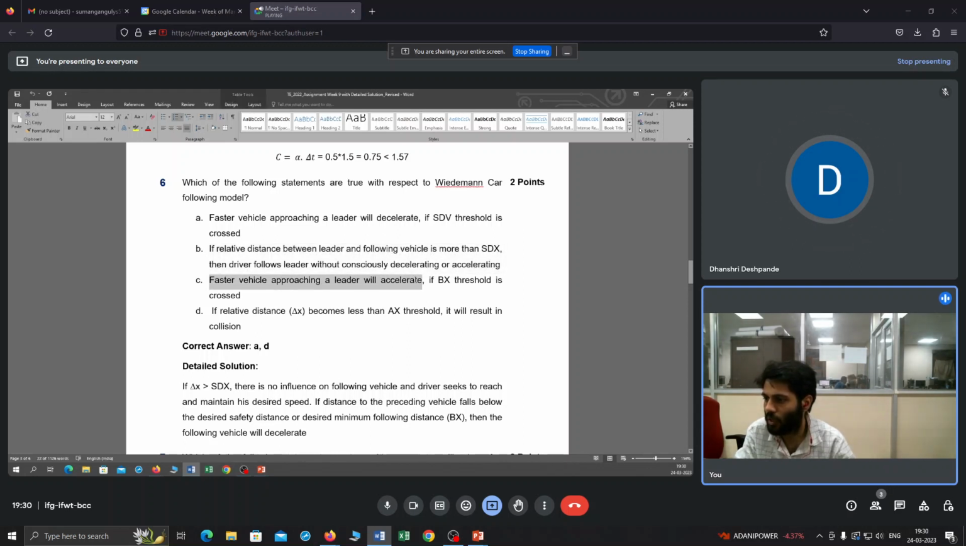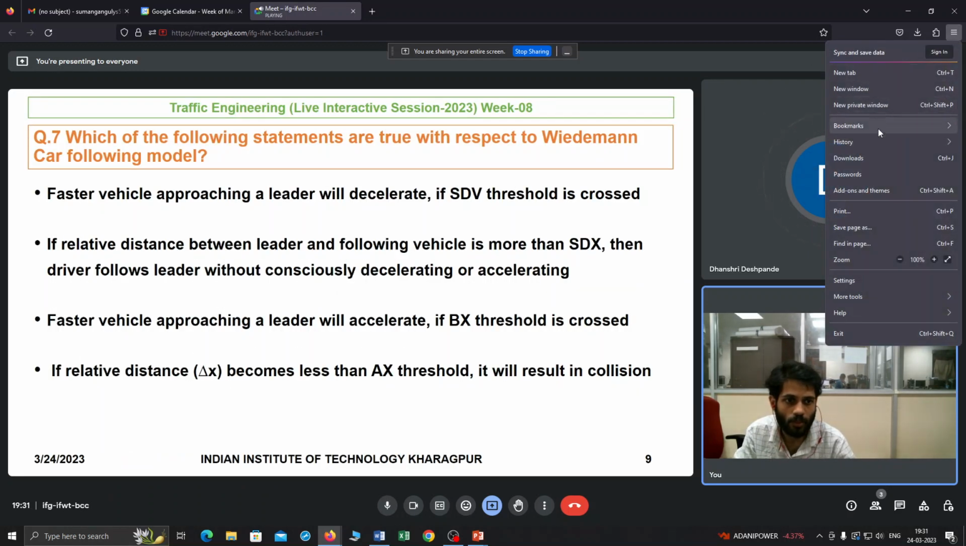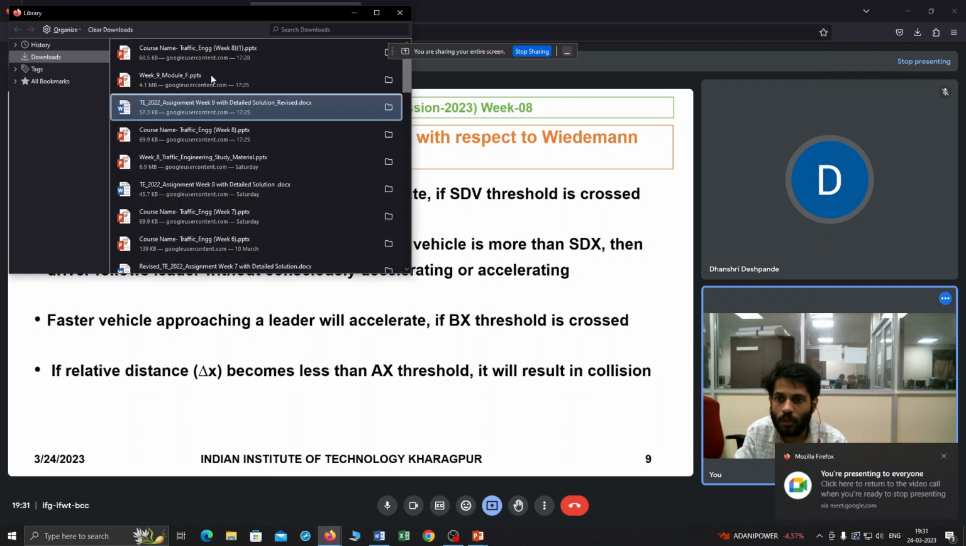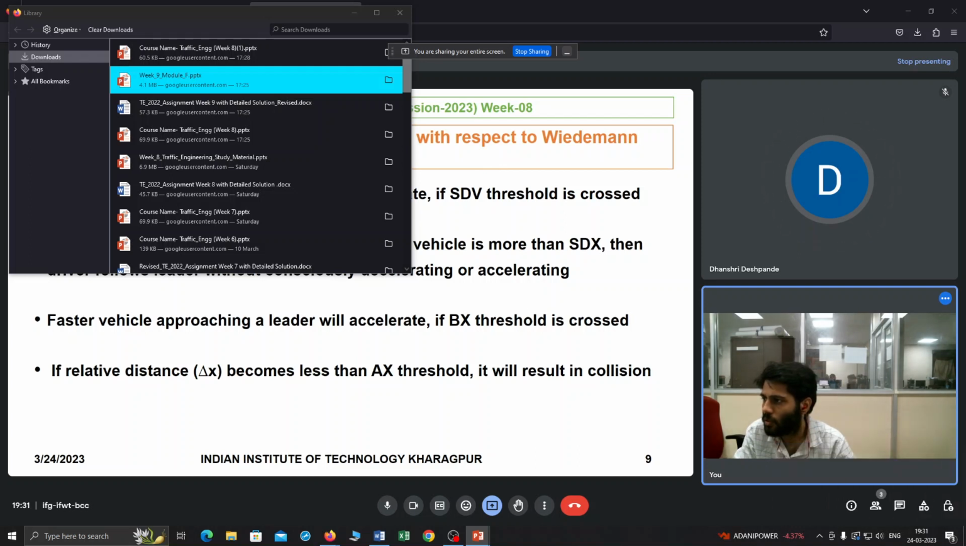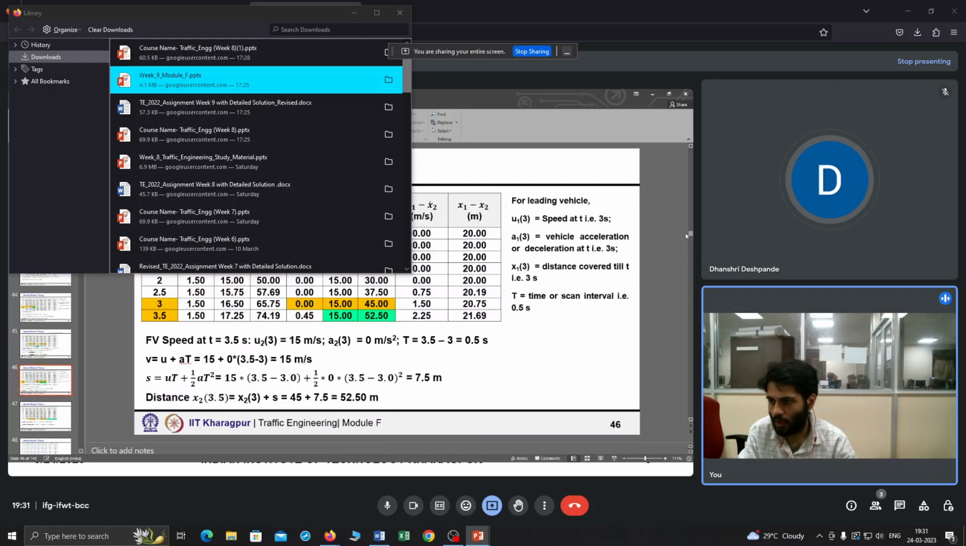If your faster vehicle will accelerate if your distance is crossed. Okay, if it is less than that distance, then it will be crossed. Maybe for better understanding, we should actually read the main material itself. Traffic engineering week 9, resume, week 9. So this is regarding